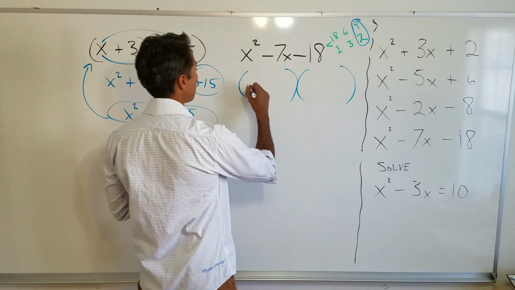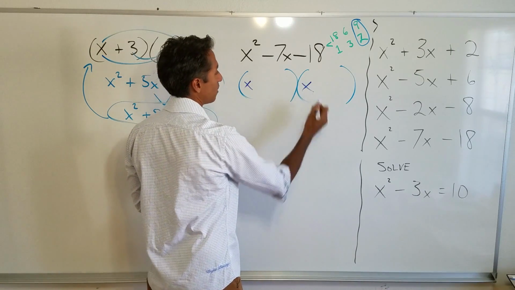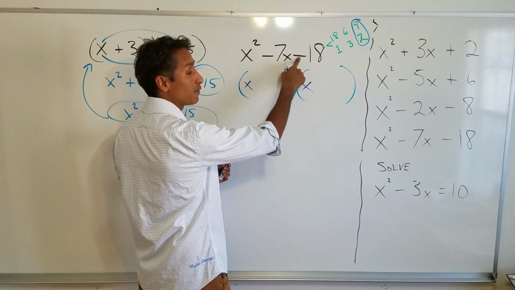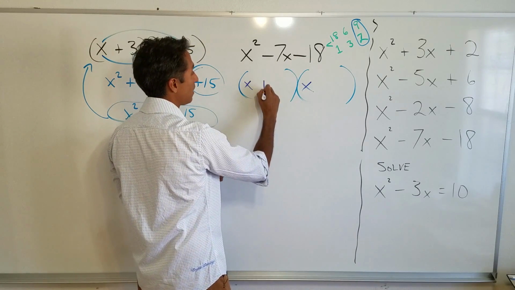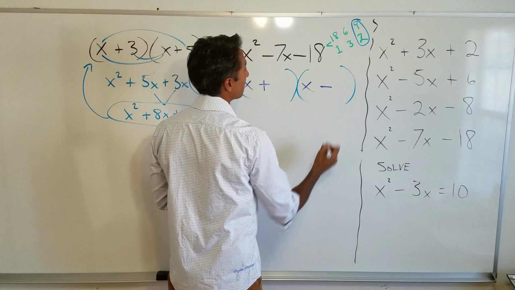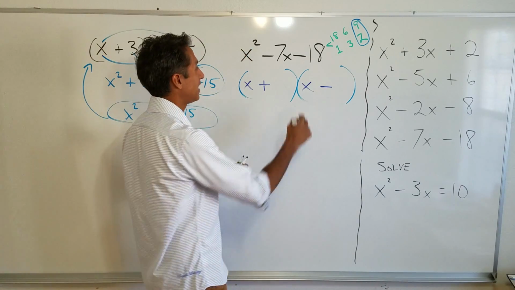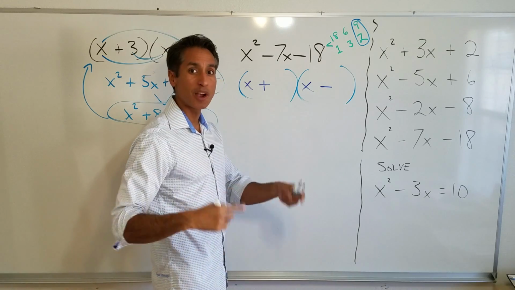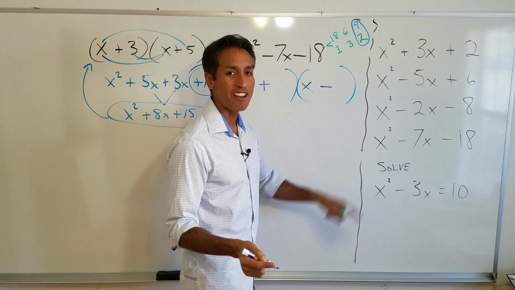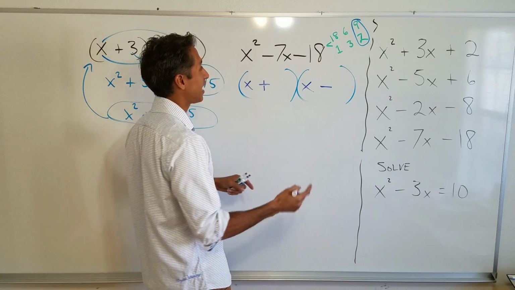Anyways, let's fill in what we know. Well, we know that's an X, and we know that's an X. It's a negative in the back. So it's got to be a plus and a minus, right? Okay. And then I've got to decide, well, I need a negative 7. So if you're jumping ahead of me, or if you really caught on to that last one, you're going to notice that I'm going to put the